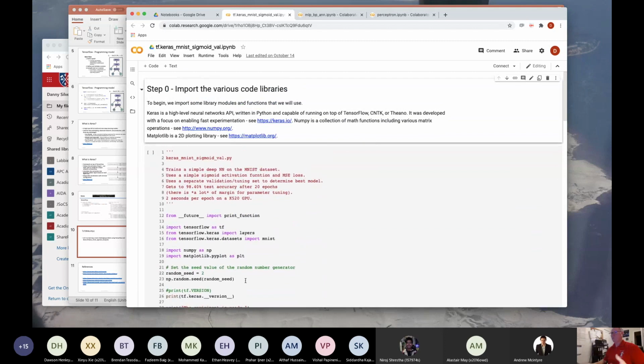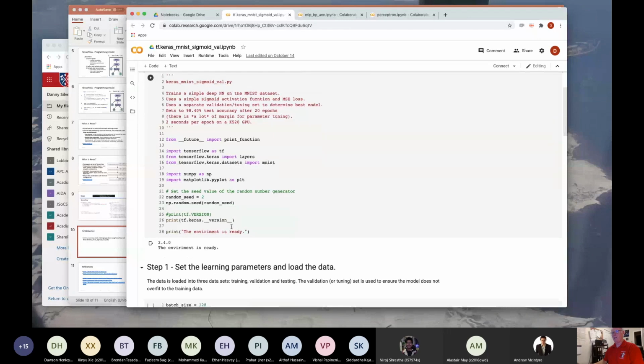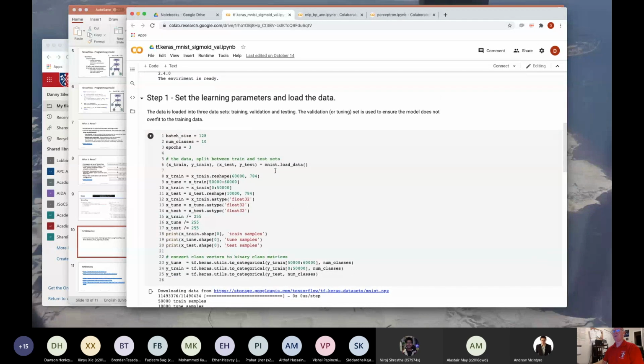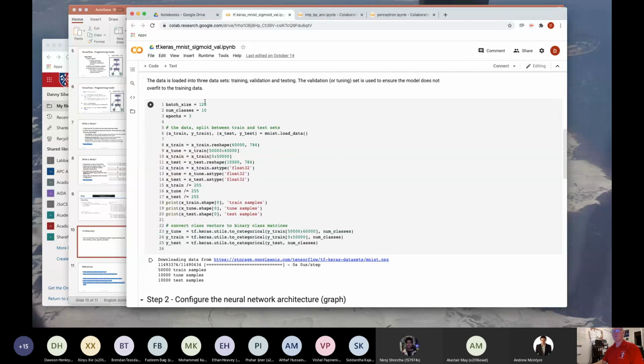So the code is structured as we've done before. The first part imports all the libraries and things that we need. That's always basically the same. It tells us the environment is ready and even what version of Keras we're using. We then set up our learning parameters.